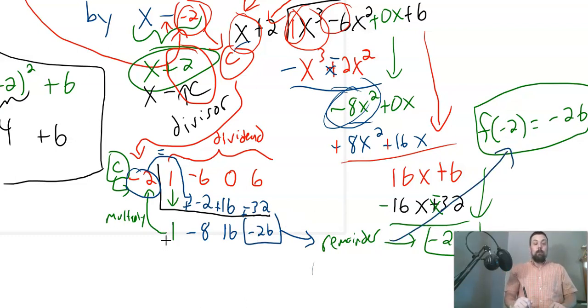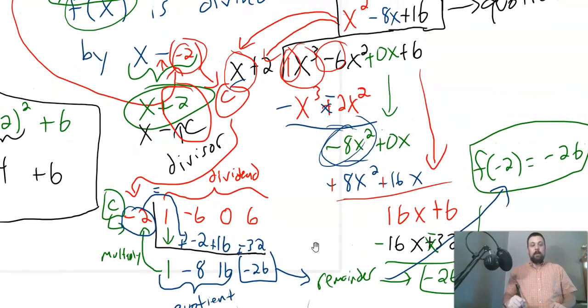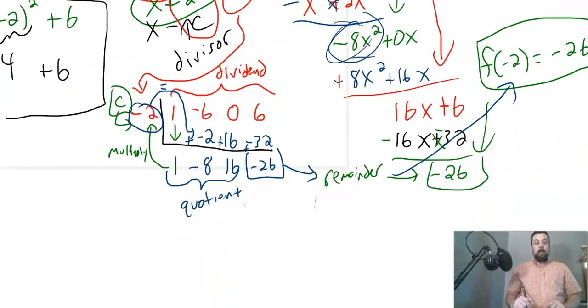That leads me to this result here. The numbers in front of the remainder are your quotient, but the variables are missing. So it's off screen right now, but let me scroll up a little bit so you can see. This was my quotient. Look at the coefficients here. 1, -8, 16. This is your quotient, but the variables are missing, right? We took the variables out of the problem to start. The variables are missing here, so to finish the problem, we have to put the variables back into the answer. And so it goes from highest to lowest power,